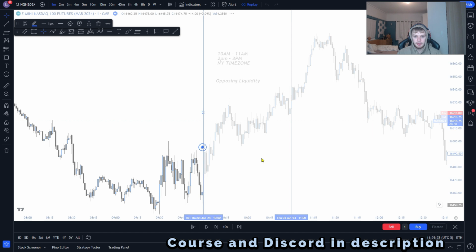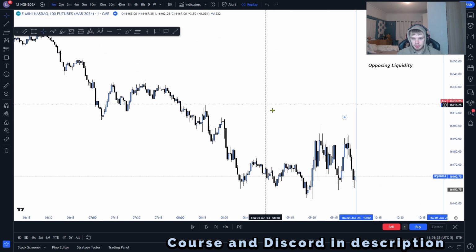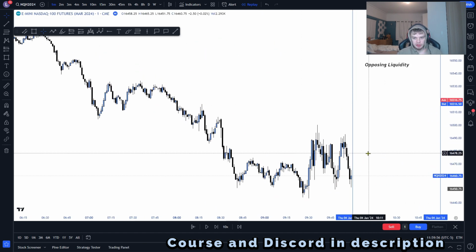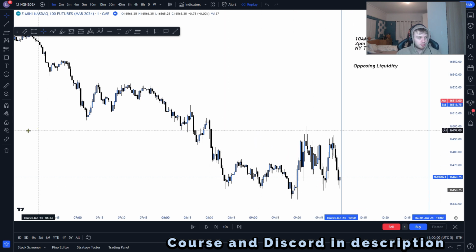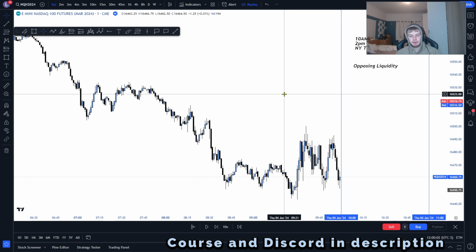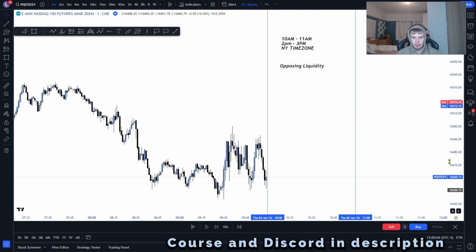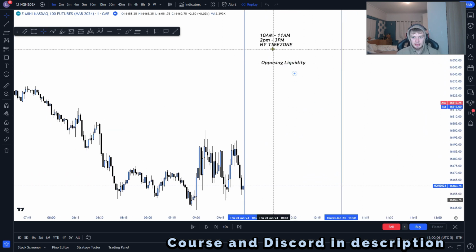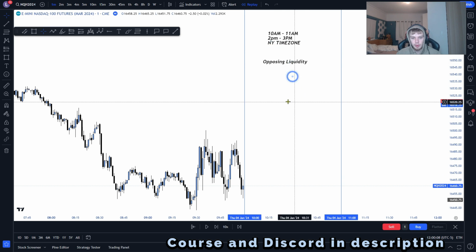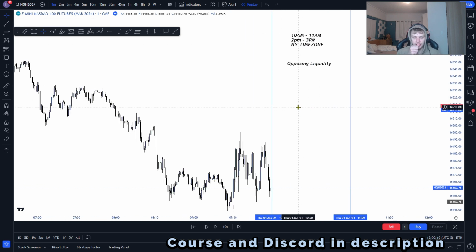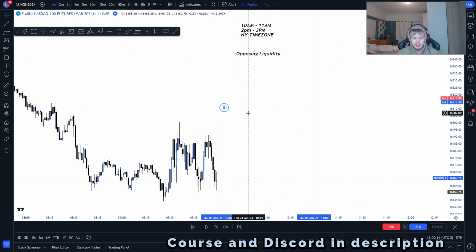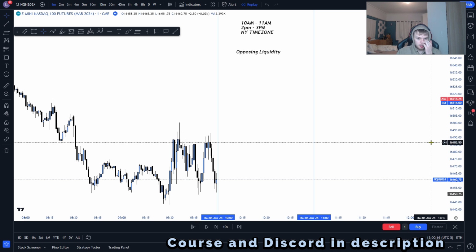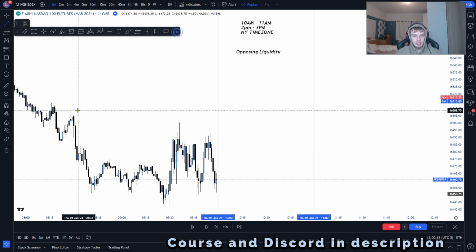If we go to replay mode and put the replay mode here, as you can see, we are just taking lots of sell side liquidity and we still have lots and lots of buy side liquidity left. Therefore, we are only looking for longs in this instance, so that is what we will be targeting. Now you might be wondering, in the actual trade, where do we put our take profits? Now I'll get to that later in the video, but all you want to be able to do is notify